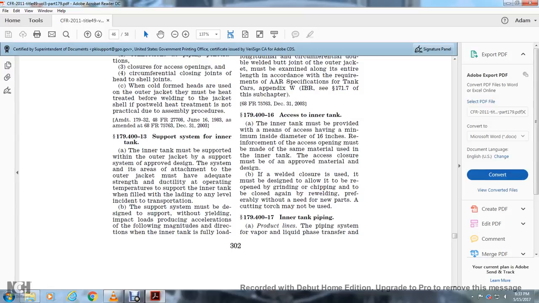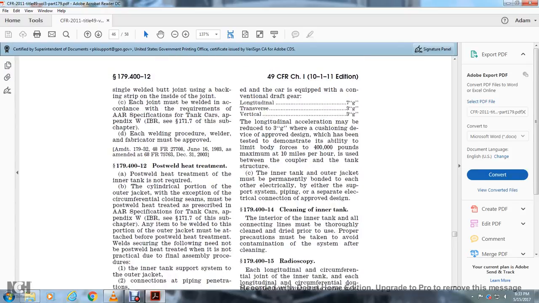179.413, support system and the inner tank. The inner tank must be supported within the outer jacket by a support system approved in design for the system and its area of attachment. The outer jacket must have adequate strength and ductility at the operating temperature to support the inner tank when filled, at any level, in the incident of transportation. The support system must be designed to support without yielding the impact loads produced by accelerations of the following magnitudes and directions when the inner tank is fully loaded